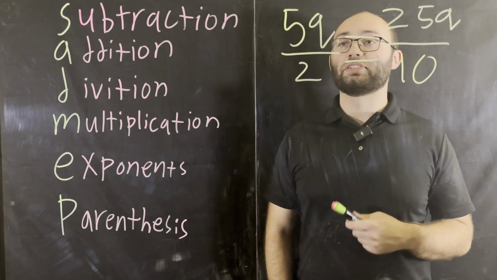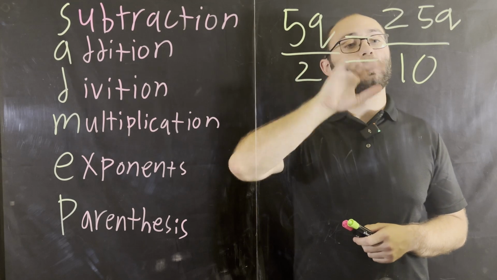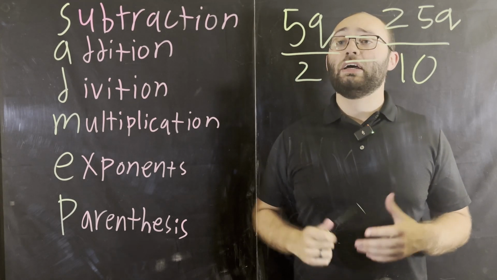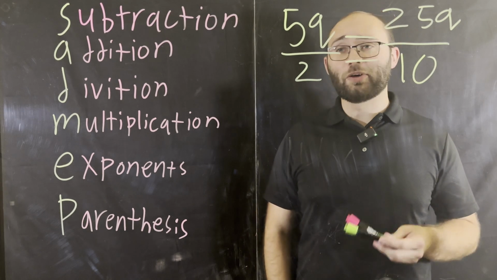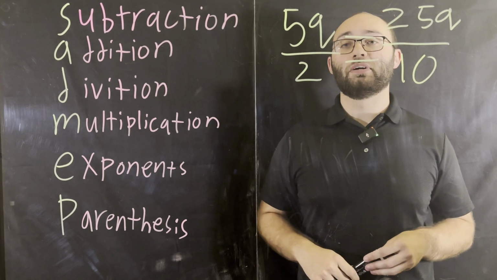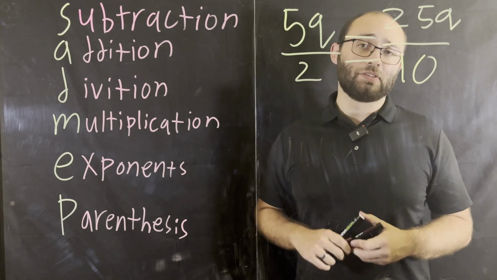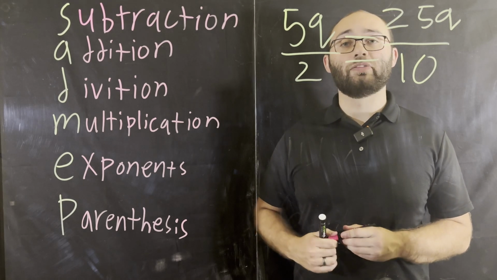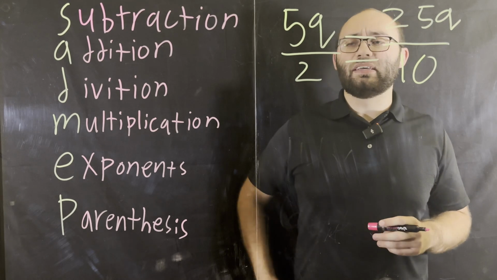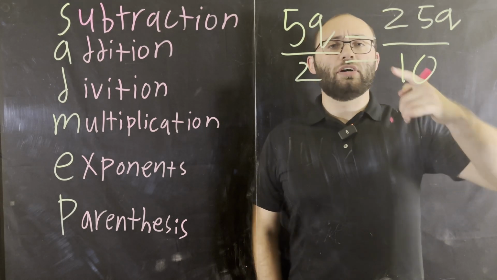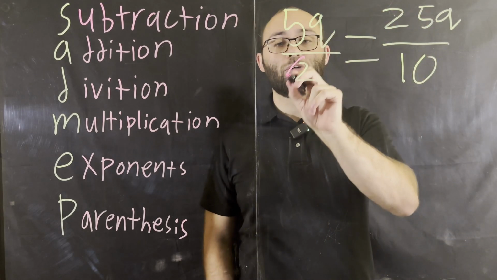Okay, class, here's our next problem. We have 5q divided by 2 is equal to 25q divided by 10. Fractions, am I right? I love fractions, but I know that a lot of you are a little bit shaky with them. With this one, I want to remind you about an excellent strategy to use when solving for one variables or solving equations in general. And that is, if I have two fractions across from an equal sign from one another, I can do something called cross multiplication,